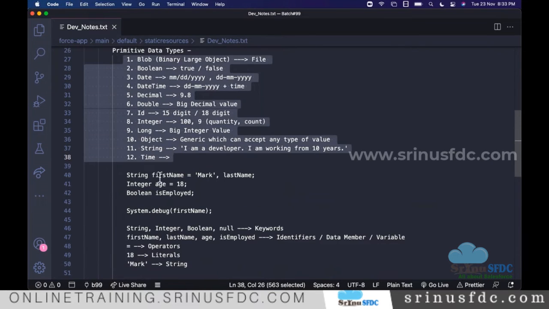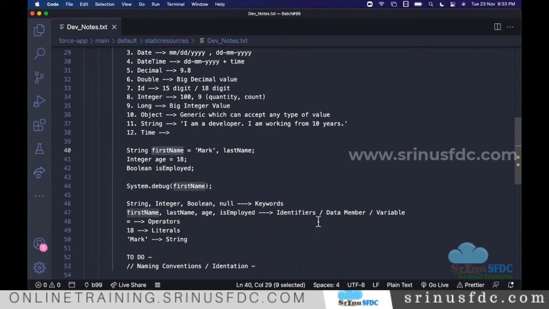Whenever we want to allocate memory to hold the data, we need to mention which type of data we are dealing with and what name we want to give for the memory location. Technically, this one we call an identifier, or on a day to day basis, a variable. Here, firstName is a variable to hold the first name of a person, lastName to hold the last name of a person. All these things we define just as an example. Okay. Now, we already know the syntax.